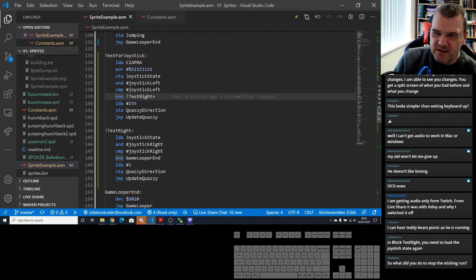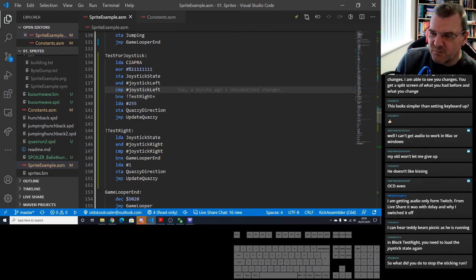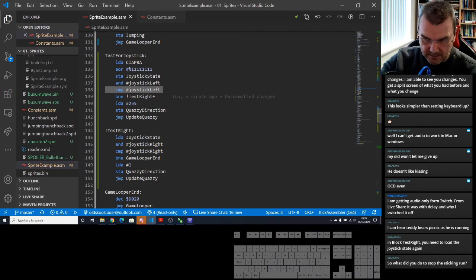Now the problem is when you AND it with joystick left, we'll have a value. So what I've done is I've put a compare with joystick left to set the 0 flag, which allows us to say branch if not equal to that number, or branch if equal, or carry on if it is that number.